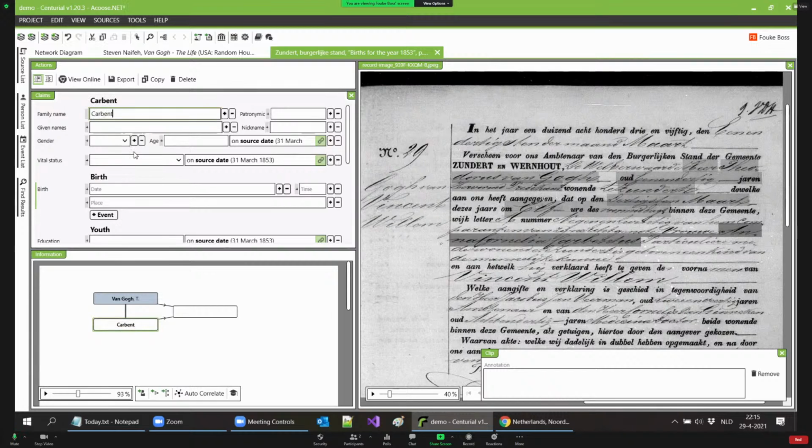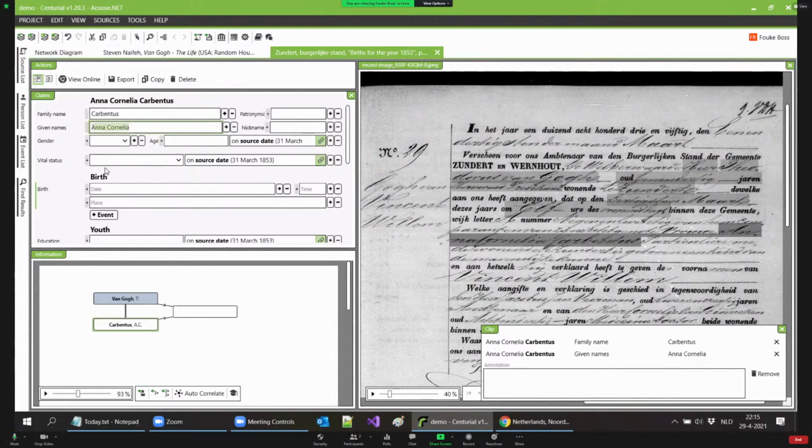And I told you we had some very technical people in our audience. Lewis wants to know, are you storing the metadata for the highlighting that you're doing in Centurial or as part of the image? No, it's all in Centurial. So the image that you put in is not changed at all. There's always the original image, and then all the metadata is in Centurial. Of course, later on, you can export things the way you want them.